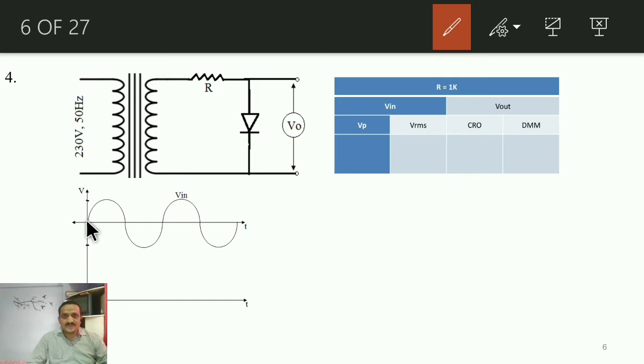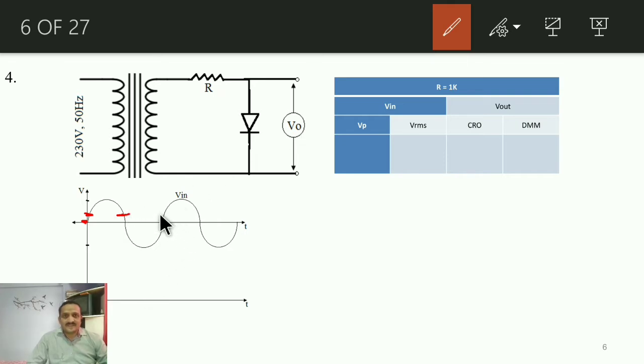When the input voltage is between 0 to 0.7, the diode will act as an open circuit, and then how much will be the output voltage? Don't say 0. The output voltage will be equal to the input, because it is acting as open, and the voltage across that open path is nothing but the applied voltage. So the output will follow the input from 0 to 0.7, and later the output will remain 0.7 until the diode again gets turned off. Whenever the input signal goes to 0.7 or below, immediately the diode will turn off, and the output will again start to follow the input.